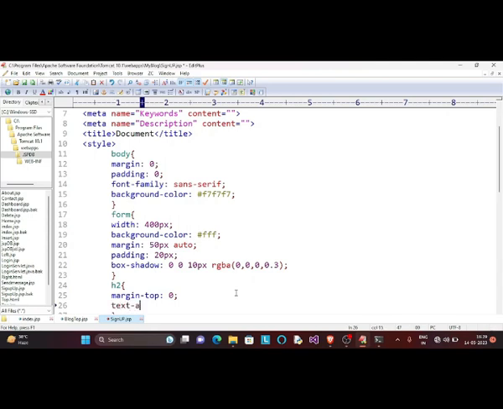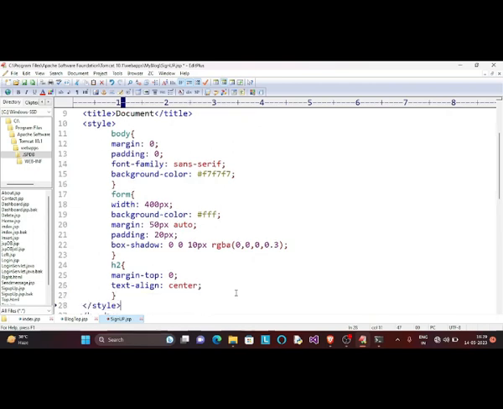So text-align: center. I just make it align center for the H2 tag, and then after that we have to write some